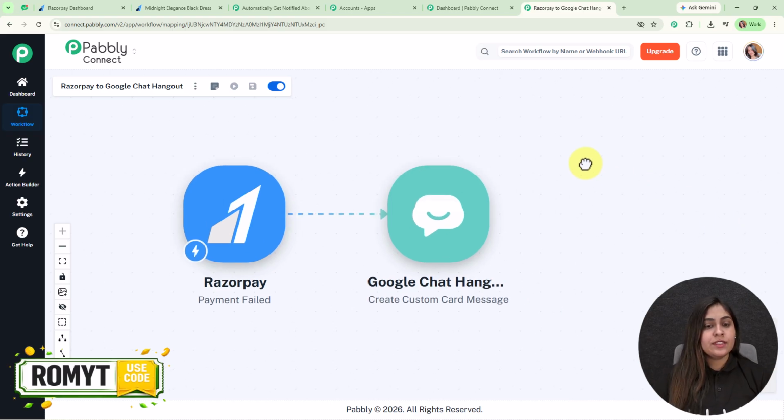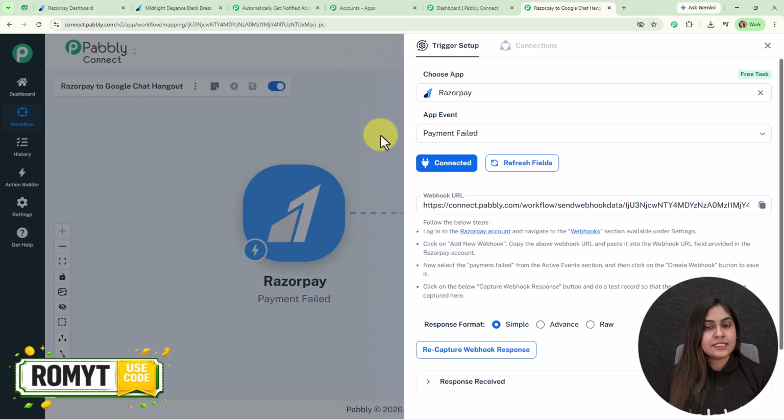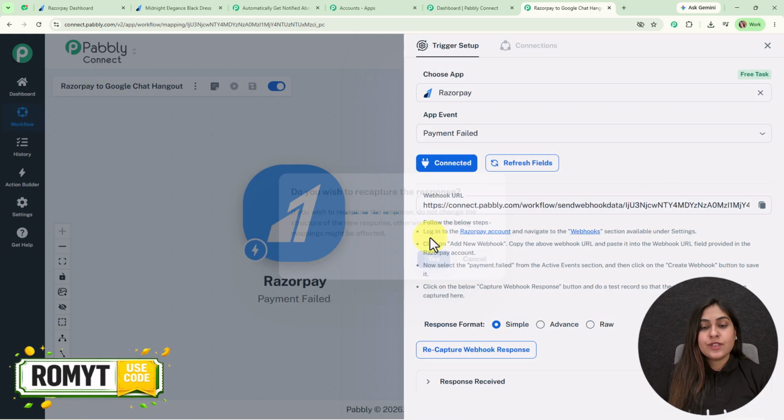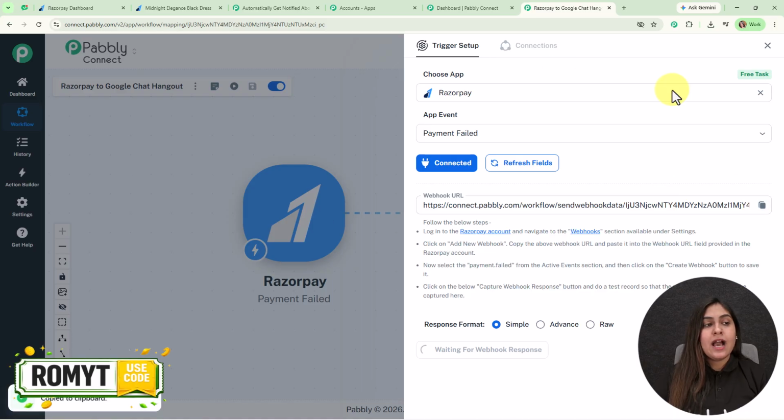Now let me tell you that there are two most important principles of an automation process that are trigger and action. So here our trigger application is Razorpay. We have selected the app and the app event, and we have received a webhook URL. That means we're going to use this webhook URL to connect our Razorpay with Pabbly Connect. So following the instructions given below, first here I'm going to copy the webhook URL, and here I've already logged